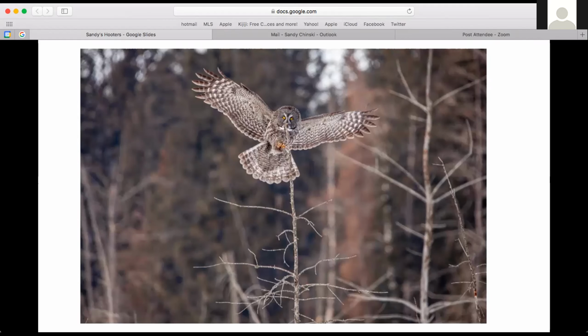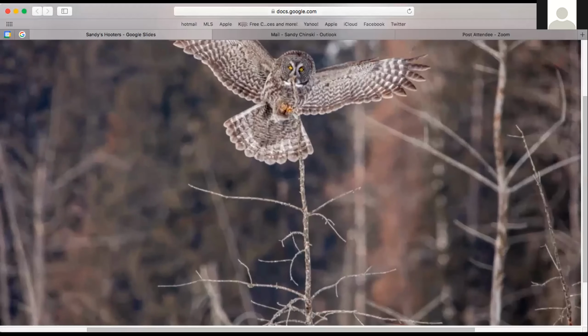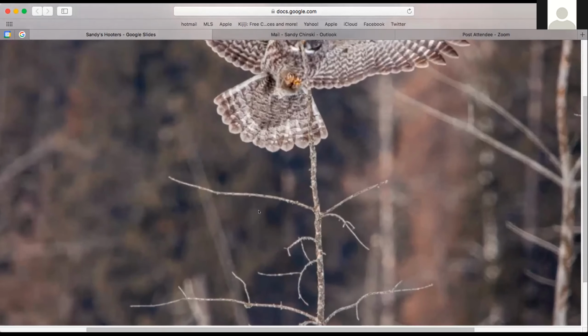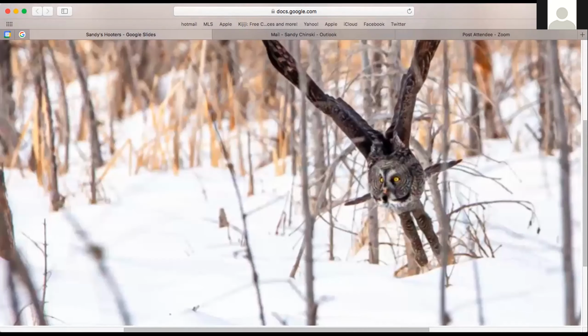This is the same owl, so I'm not cheating by giving you another owl picture. This is the same owl. He is just flying into this tree, but you could see how big his wingspan is. You can't see it, his legs are stretched out coming towards that tree, but the next photo I got